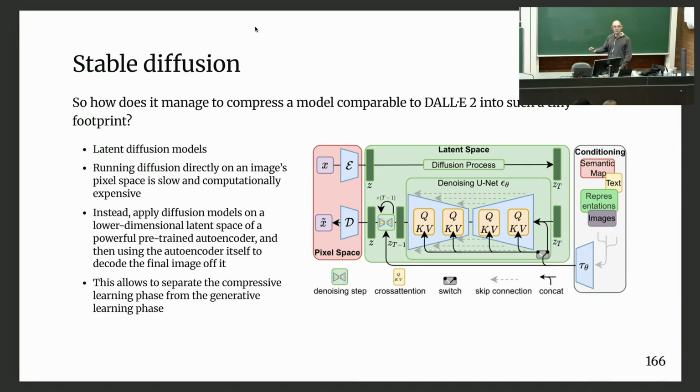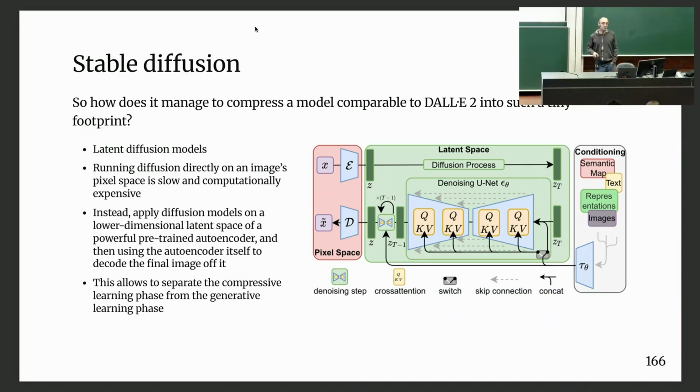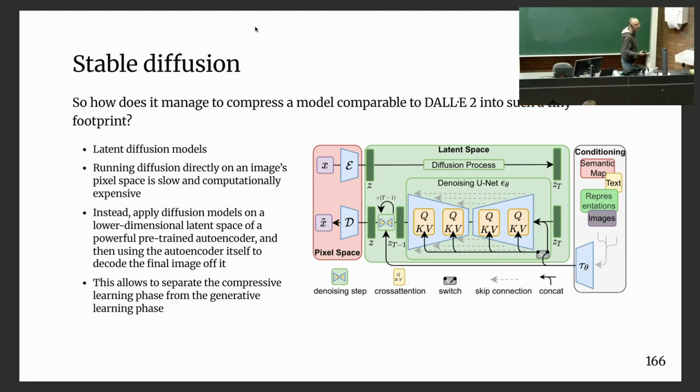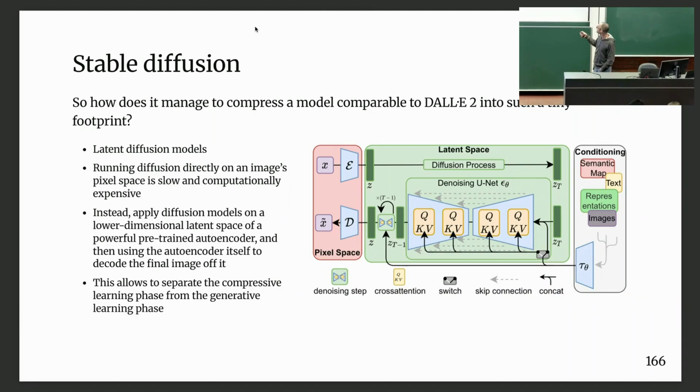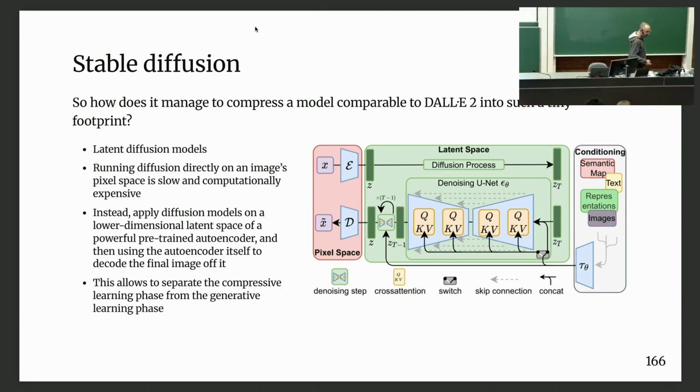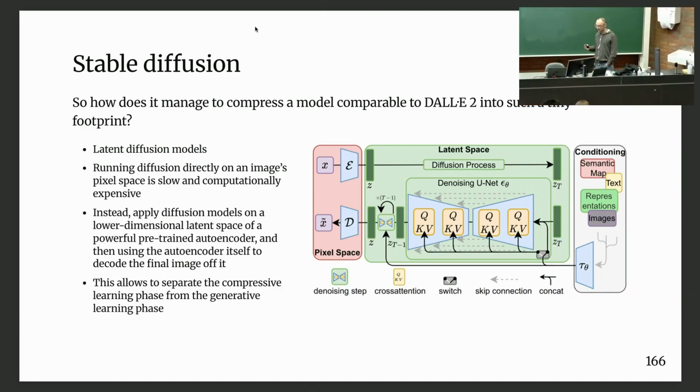And then they add the noise and they learn how to remove the noise in this green part of the model, on basically this lower dimensional representation. So it's basically diffusion, but now not applied to an image, but just to a vector representation of the image that you had. And then on the output side, once this thing has generated the noise in inference, you can basically ask the decoder part of this autoencoder to convert the representation back to an image for you. And this helps because this basically